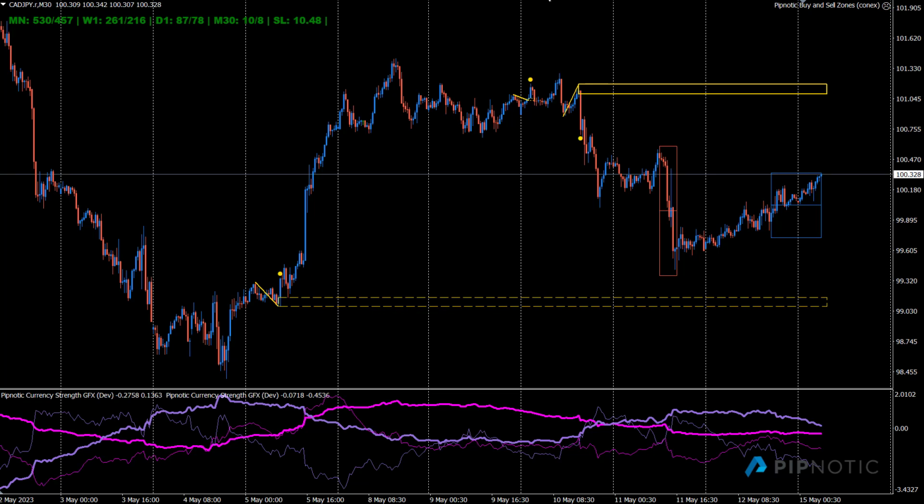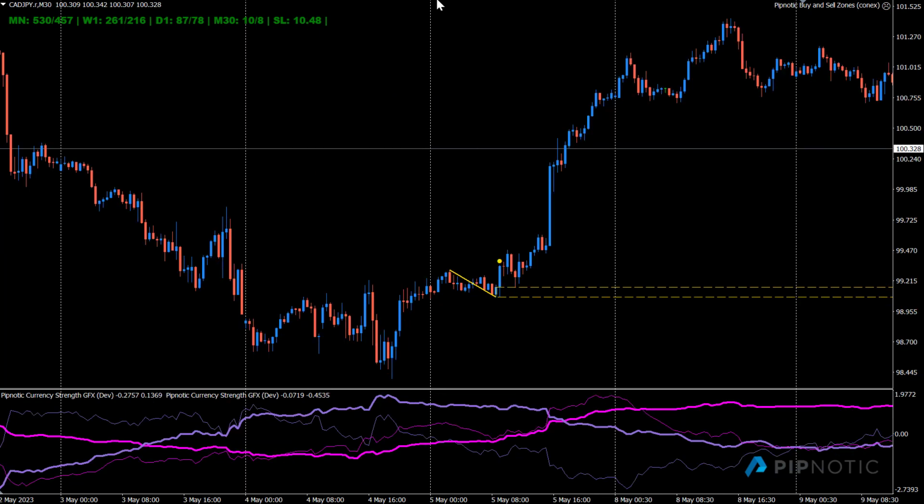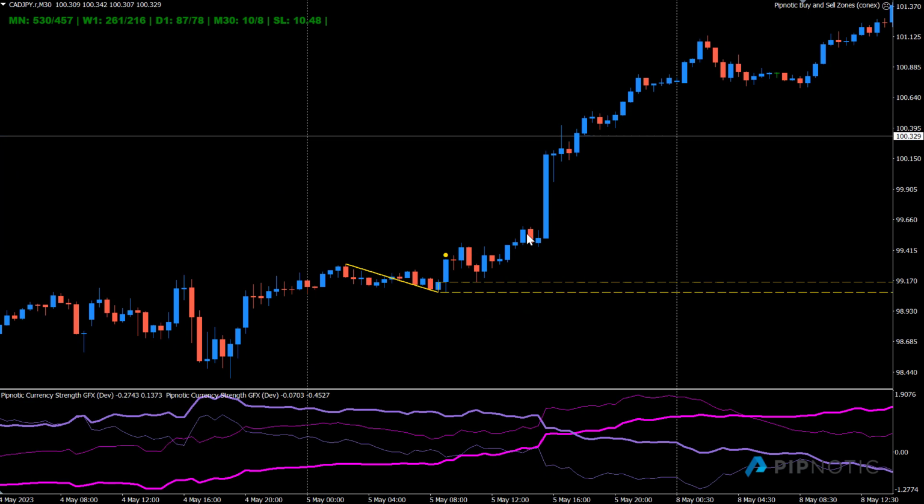So let's look at this one just here. Okay, so the software essentially is telling us that we have an area of demand here. Okay, so the software is saying if prices come back down to this area, this little box, which had a solid border until this candle touched it, it says that when prices come back to this area, there is a higher probability that prices are going to move away and move higher than there is that prices are going to move through it and go lower.